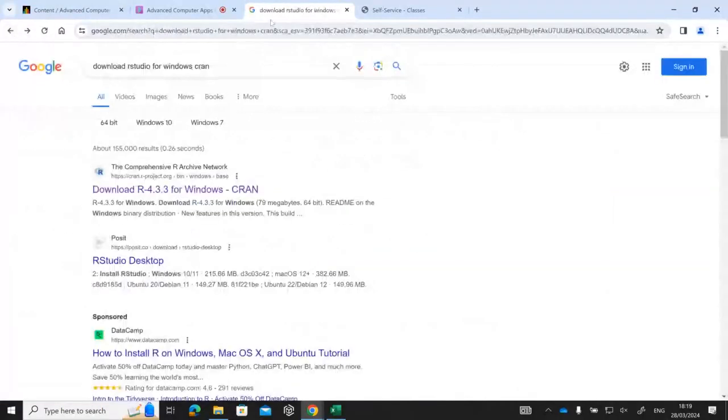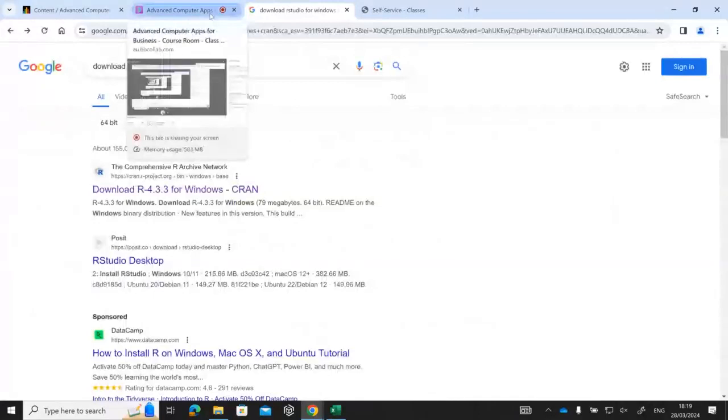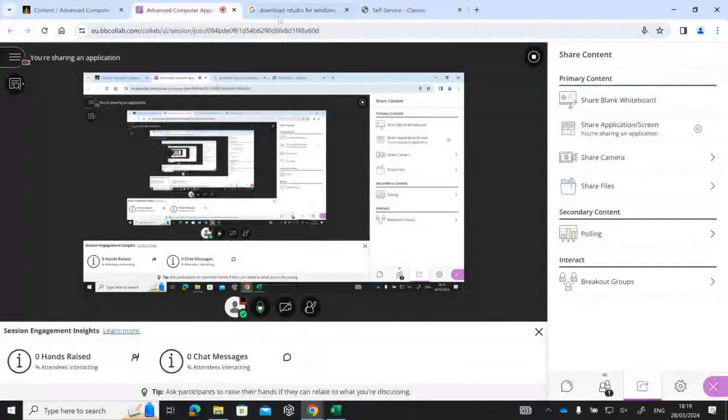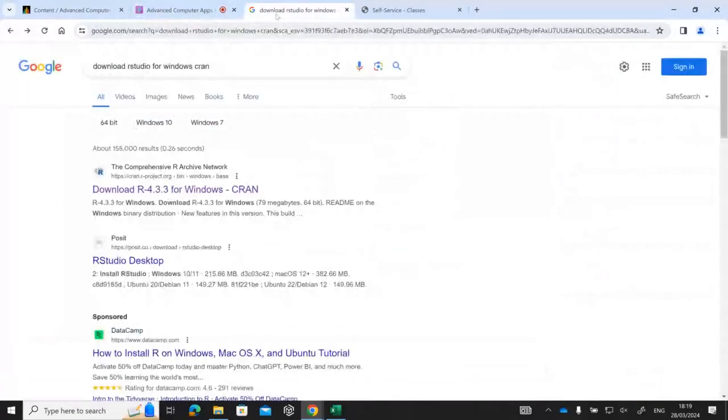Right, so these are the two things we'll need. We'll need R and we'll need R Studio. And you just have to activate the R once, that's it. Do it when we practice. Right, once you get R Studio,